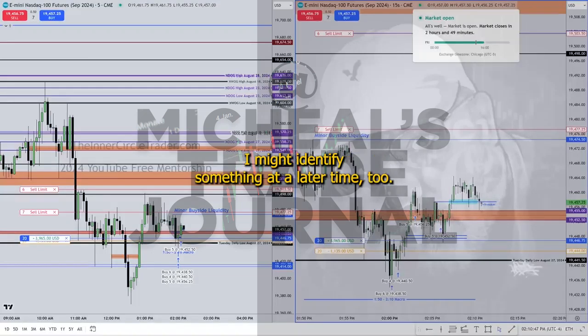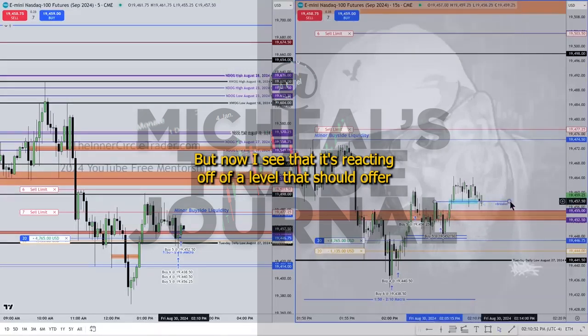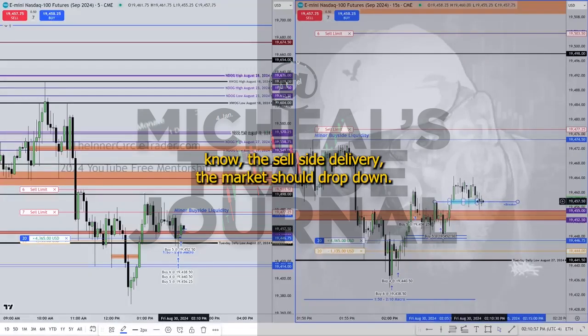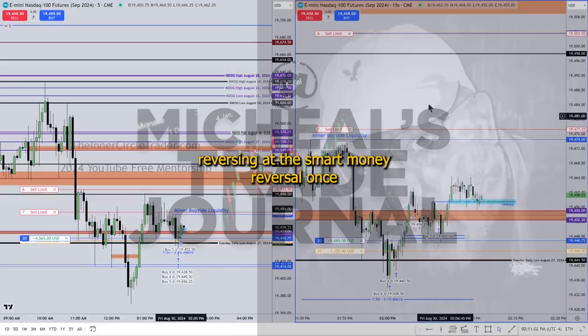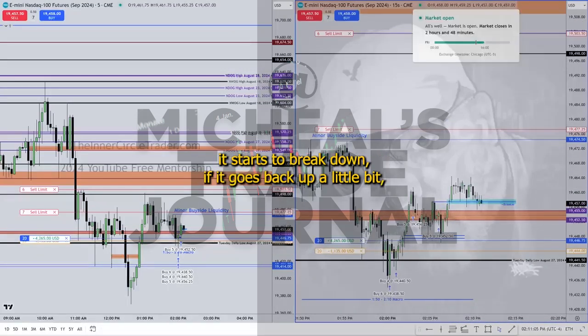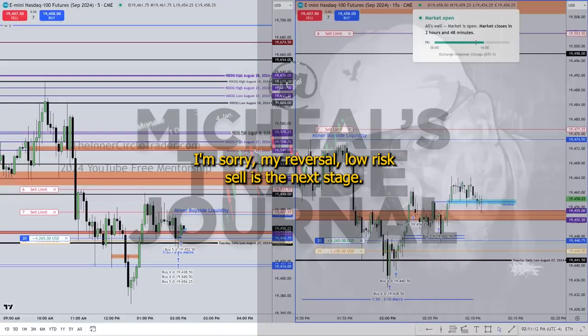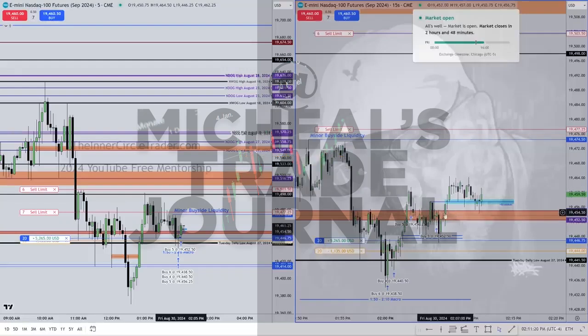I might identify something at a later time, say, oh, I wasn't trading, I didn't see that there, but now I see this. It's reacting off of a level that should offer sell side. So, with sell side delivery, the market should drop down. So I'm anticipating price reacting and reversing at the smart money reversal. Once it starts to break down, if it goes back up a little bit, that's the smart money reversal. Low risk sell is the next stage, and then it'll drop. Then you get 2 points of redistribution where it sells off. The second one, which many times can look like the third,